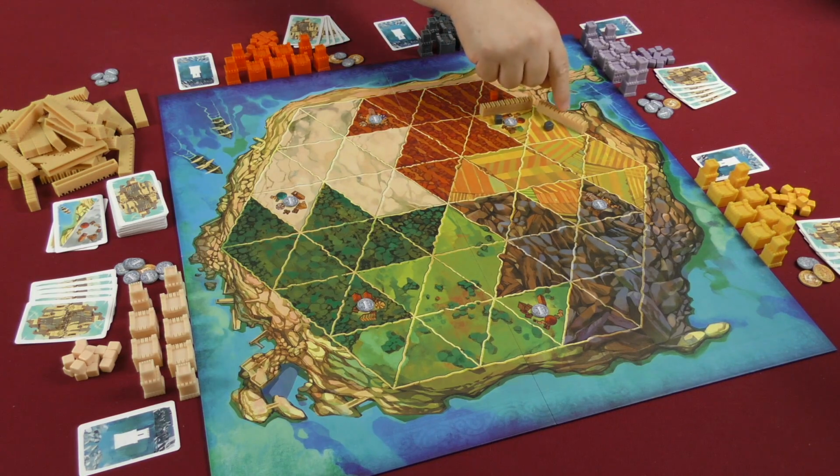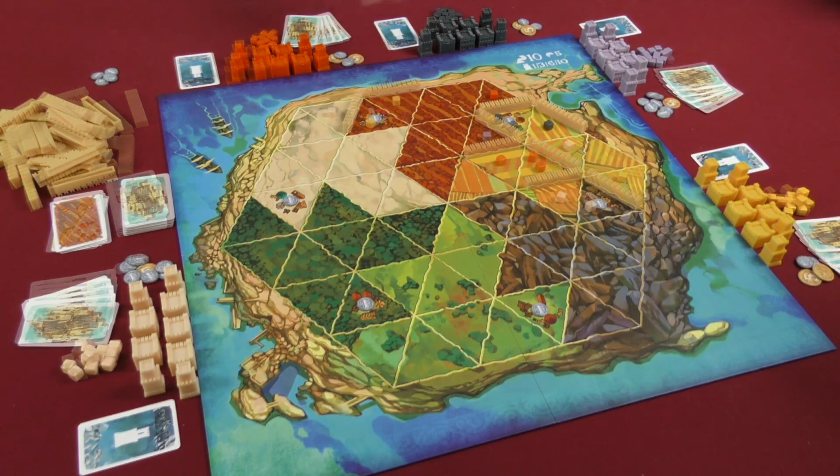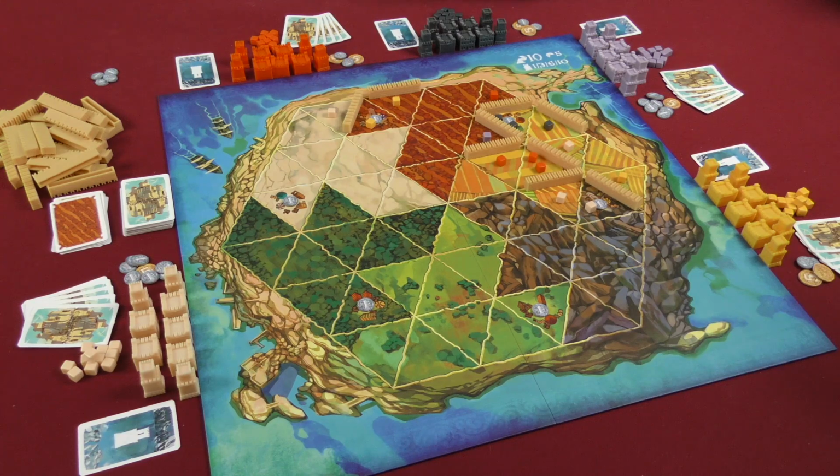You only place yours on the land that you chose to build next to. So after everybody else has taken a turn, it comes back to this, and this is the state of the board at the beginning of my turn. So I'm going to actually try to close off my first province here,